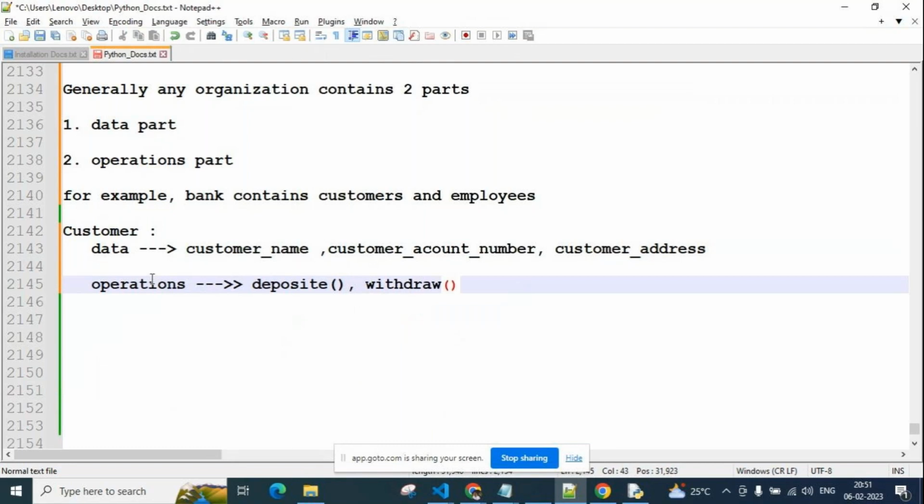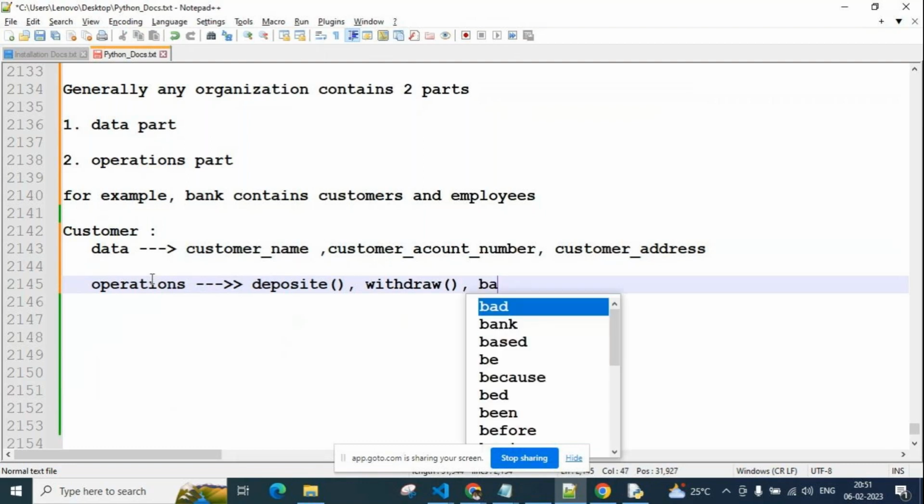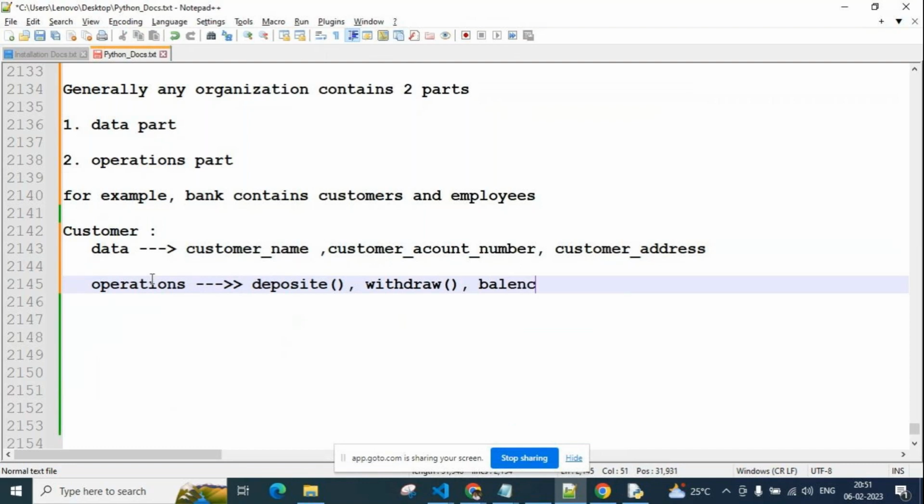Withdraw money also, and customer can do a balance inquiry also. Okay. So, balance inquiry, like one method is there. These all are performed by the customer in the bank: depositing money, withdrawing money, checking the balance inquiry, like that.